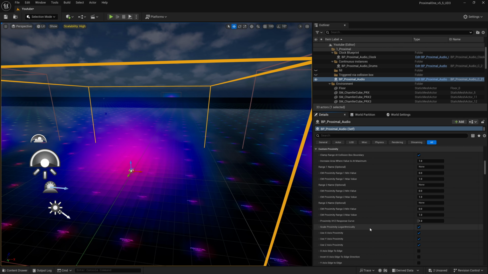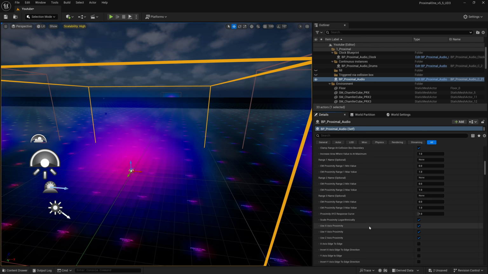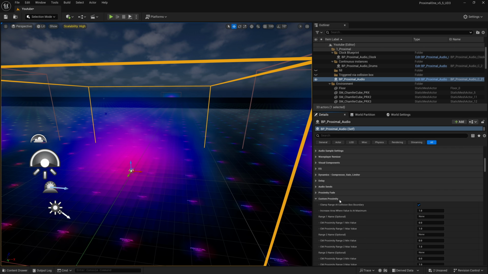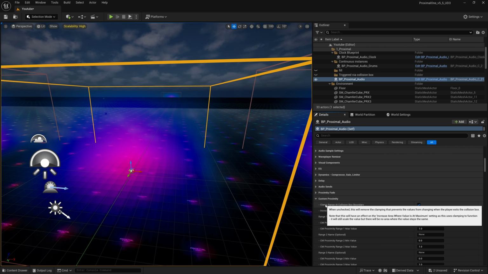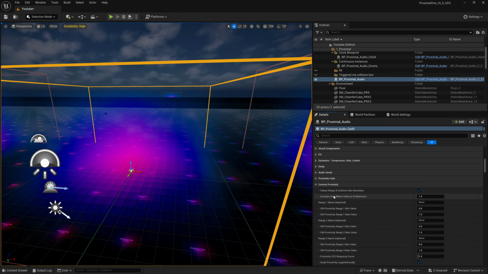Now this can still be used with custom built meta sounds if you're using that feature, but now we can actually assign different variables to this custom proximity variable. So for an example,